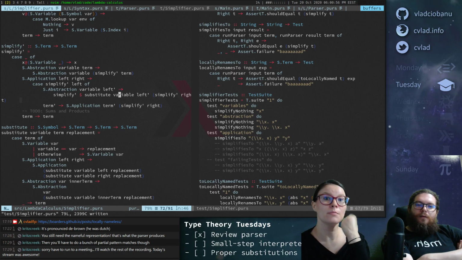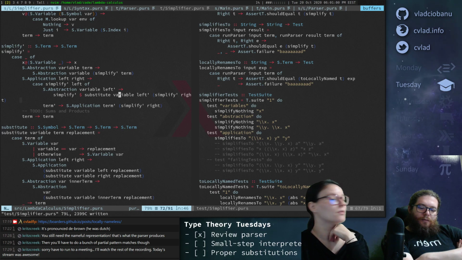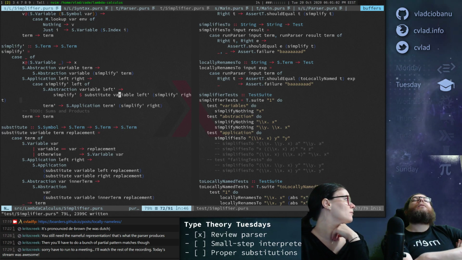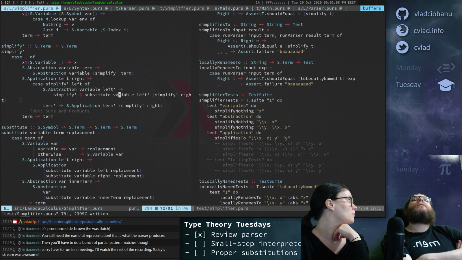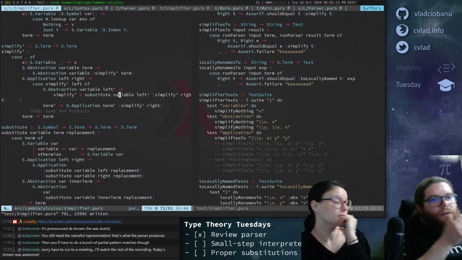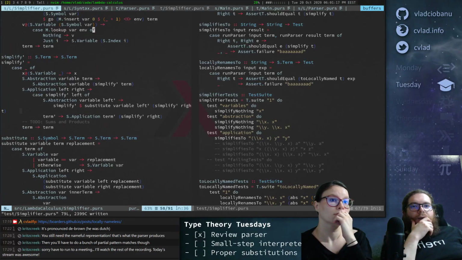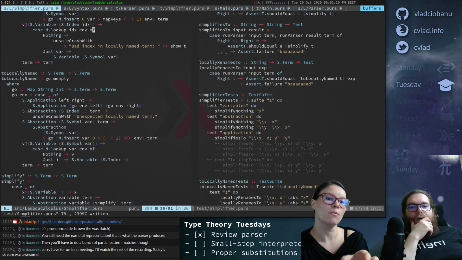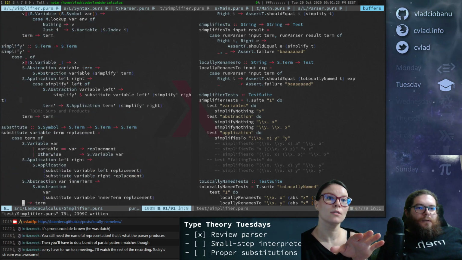Leave the simplification as it is, but when you want to substitute, first rename, then substitute and then rename it back. Don't do it in the simplification. Oh, I see what you mean. So it's like what you did for simplify, just do it for substitution.